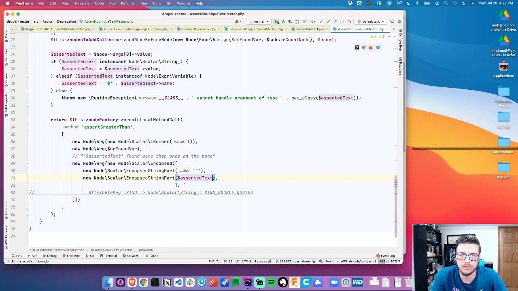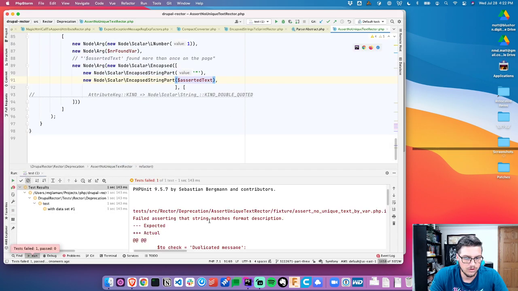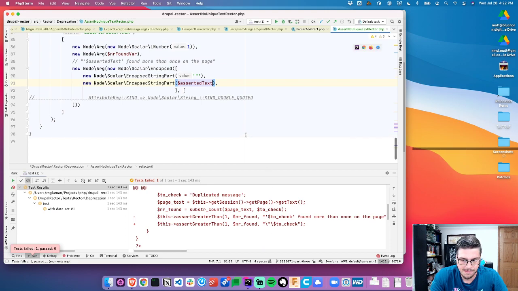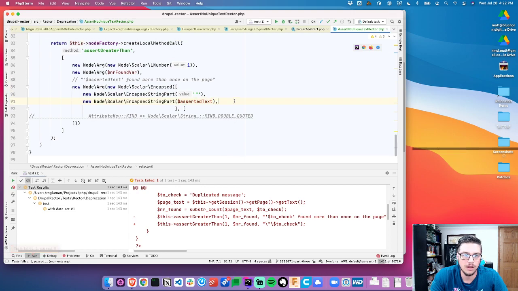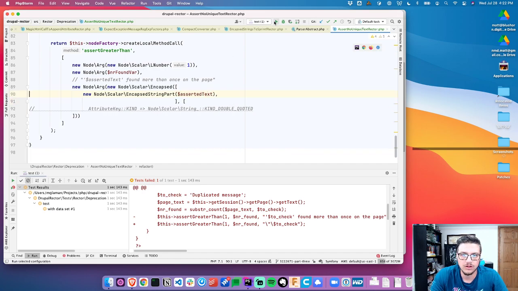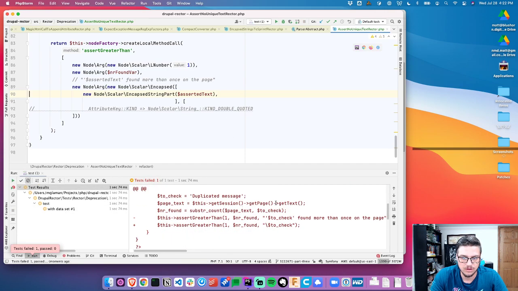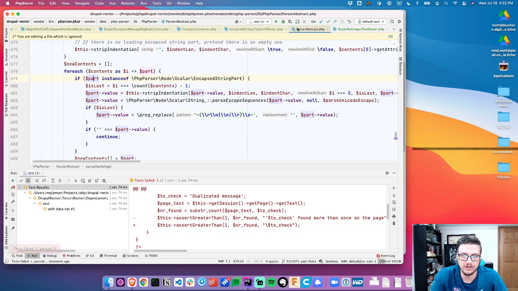Let's just see what this returns. Not at all what I was expecting. Let's try it with just this. To check, it still has it in a